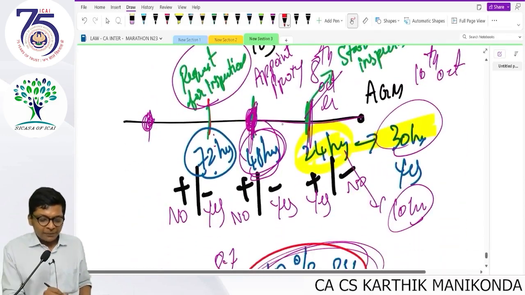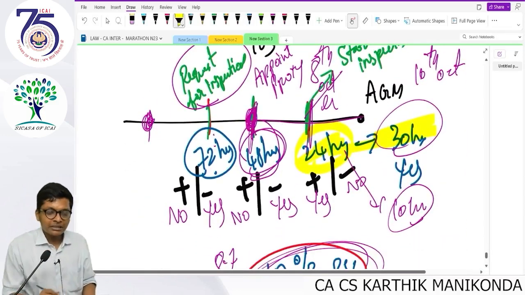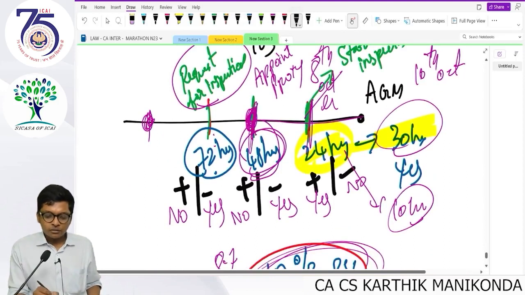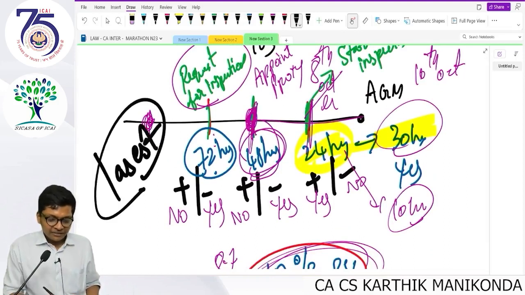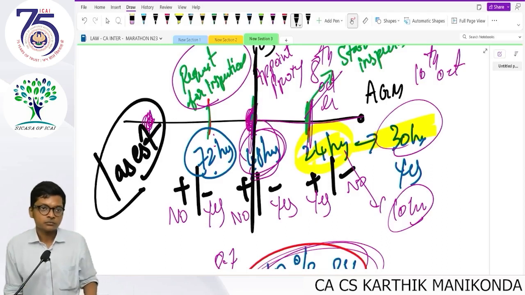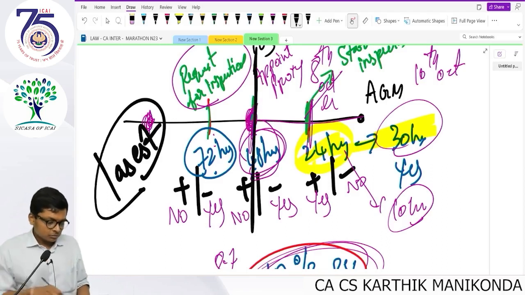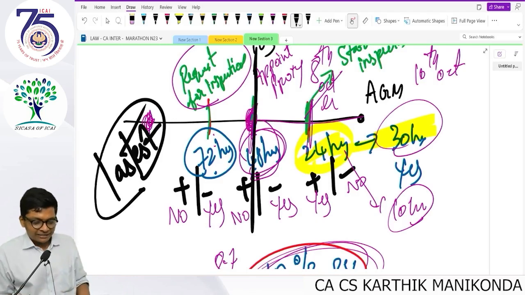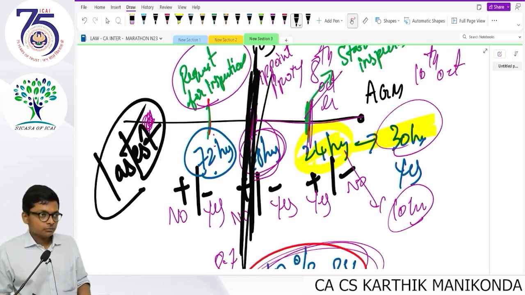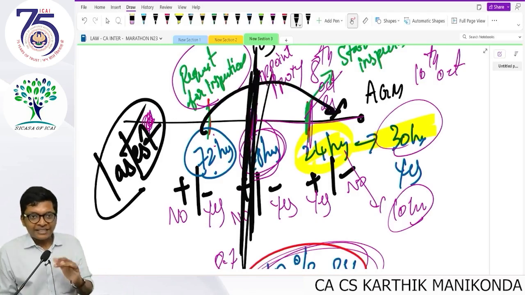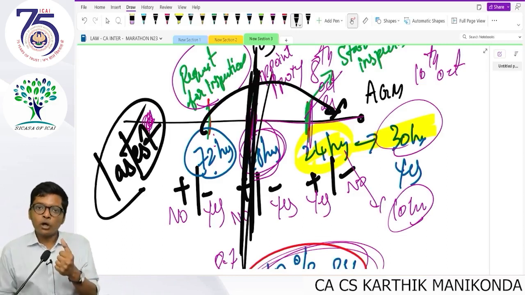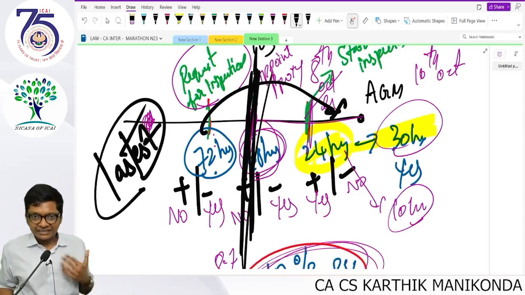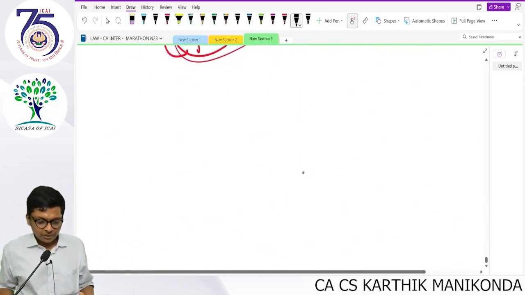Can I appoint multiple proxies? Yes. Which proxy is valid? The latest proxy within the time limit, not on the date of AGM. Latest proxy within the time limit. Following, guys, are you able to reconnect? Latest proxy within the time limit. Next,